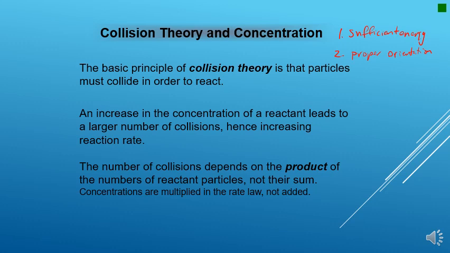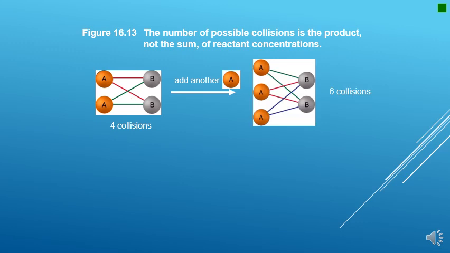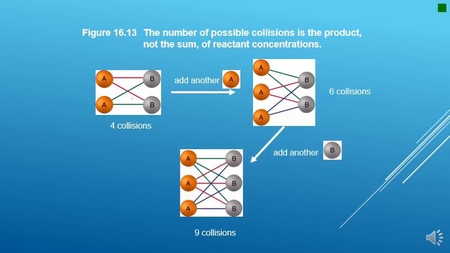An increase in the concentration will lead to a larger number of molecules and therefore an increase in the reaction rate. The number of collisions depends on the products of the number of reactant molecules, not their sums. So we're multiplying the concentrations in the rate law, which we'll talk about shortly. They're not added together. So you can see here with this slide, the number of possible collisions is going to be the products, not